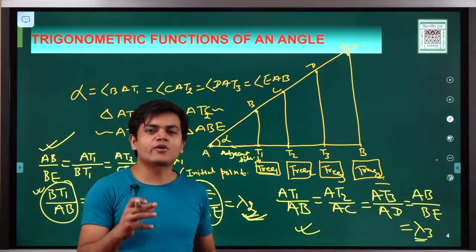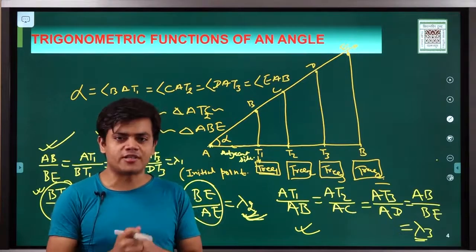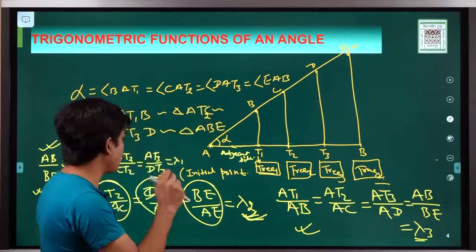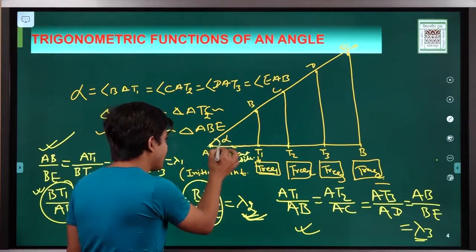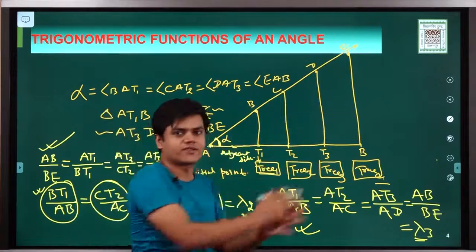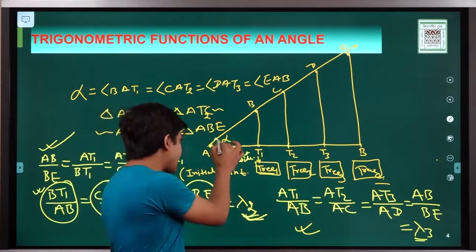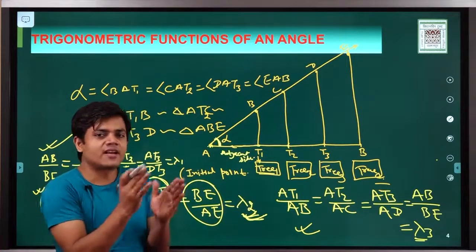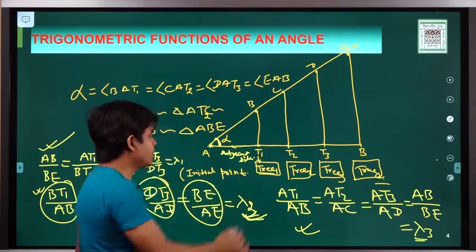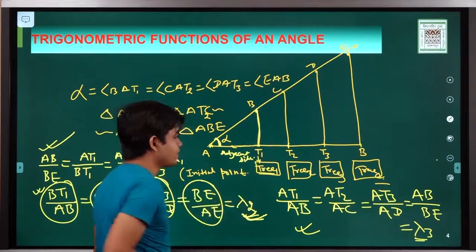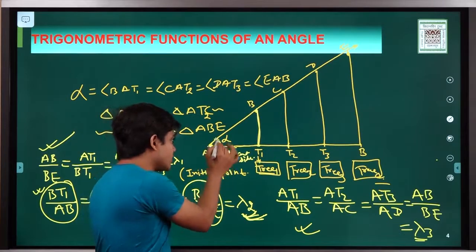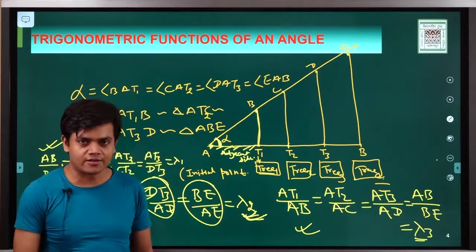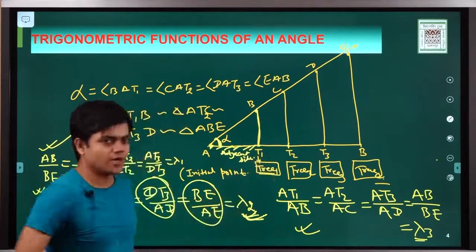And now we are going to introduce these 6 ratios in terms of trigonometric ratios. You can see this angle alpha is independent of the size of the triangle. Therefore, you can find the length of any size of tree. For example, if we have to find this BT1, then if you know the angle alpha and if you know this distance, then certainly by using trigonometrical ratios, you can find the value of this BT1.